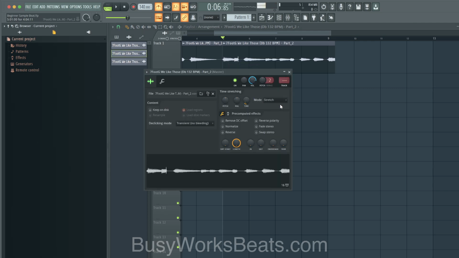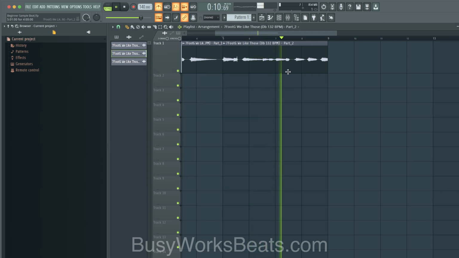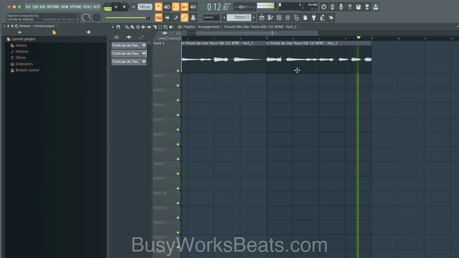Okay, let's go to top left. Anyway, go to mode, stretch mode. Go to time now. So now it reads the right amount. It says 4 bars in the top left, if you notice the difference. 2, 3, 4, 3, 2, 3, 4, 4, 2, 3, and so that's going to be the hardest thing, is